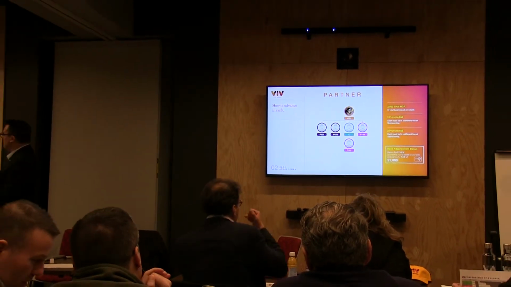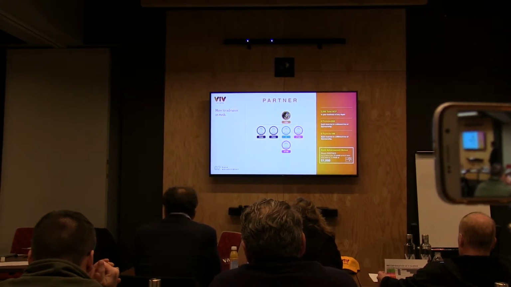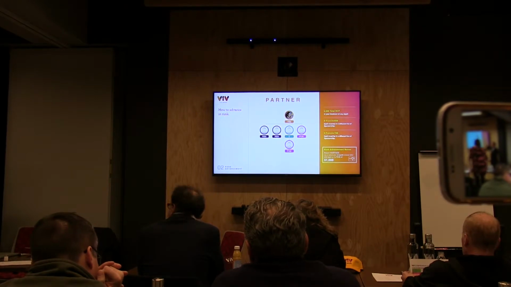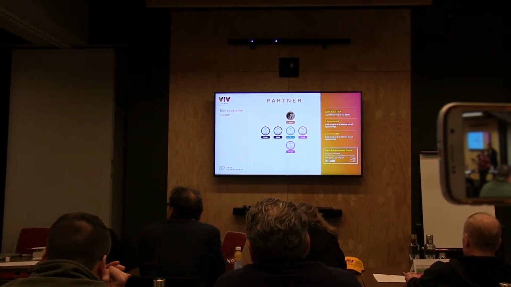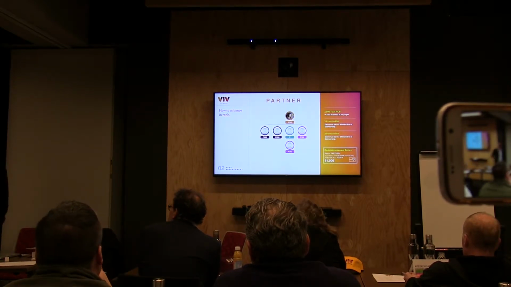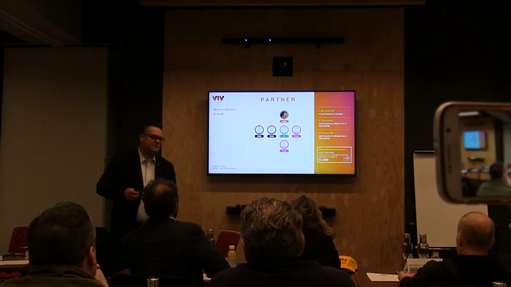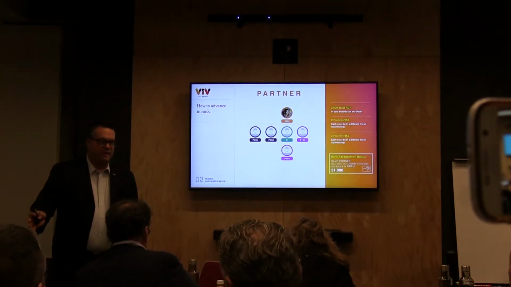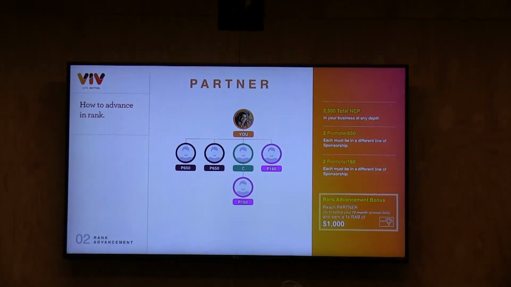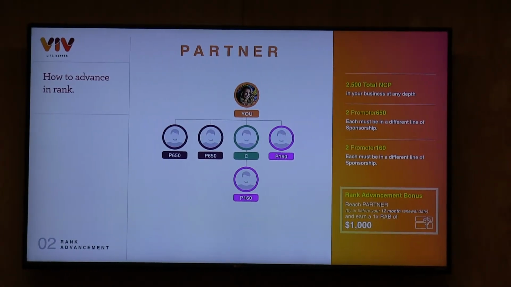Then partners. The only difference here now is that as a partner you have a 12-month window from the date you join the business to hit the rank of partner to earn $1,000. This is independent of everything else you're earning. Independent of your level pay, independent of your generation pay, independent of anything else. You just have an extra $1,000 sitting there on the table that's waiting for you when you hit this rank